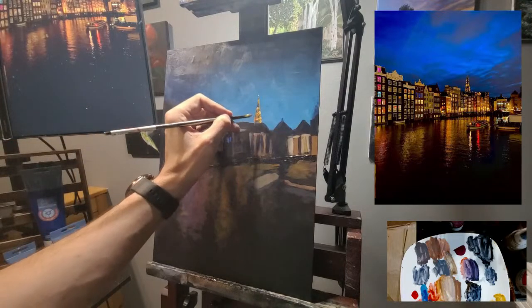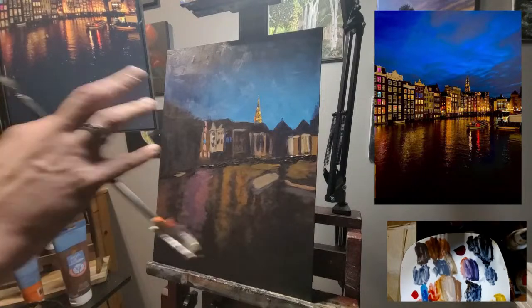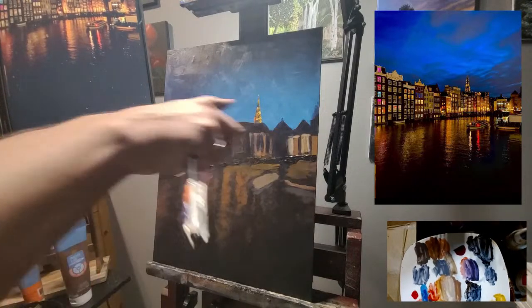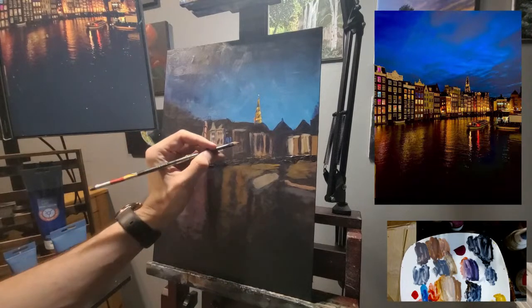I don't want it to look like a Christmas tree. That's what I don't want. And it looks like that now, but I'm going to have to let it dry. And then I'm going to come in and put some little more architectural structure on it. I think I do want to use this same kind of to start putting some of the